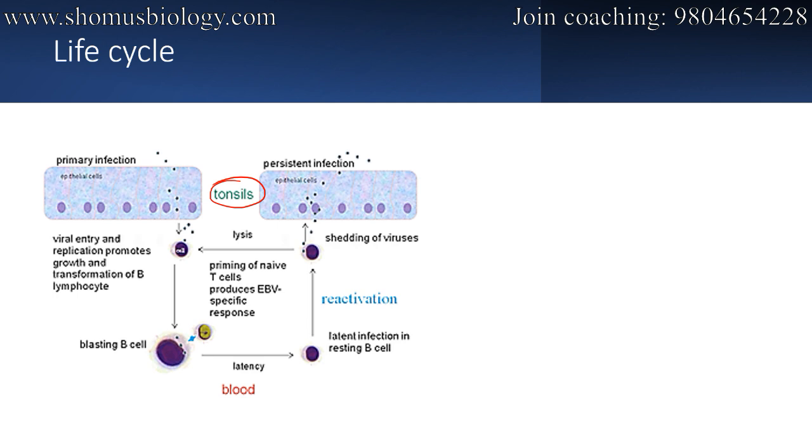Tonsils are the place where our immune cells are normally present to fight against infection, and the Epstein-Barr virus chooses the tonsil as the place where it modifies and fights against these cells, because the virus itself attacks our B cells, and it can burst open our B cells. B cells, or B lymphocytes, are fighter cells of our body that generate antibodies to fight against specific antigens that infect us.